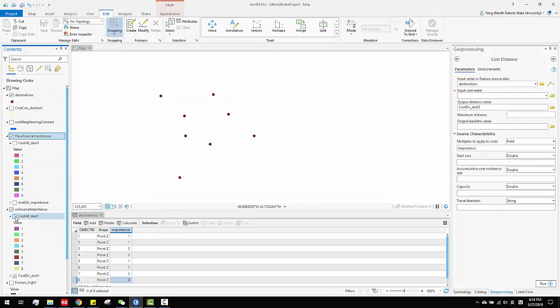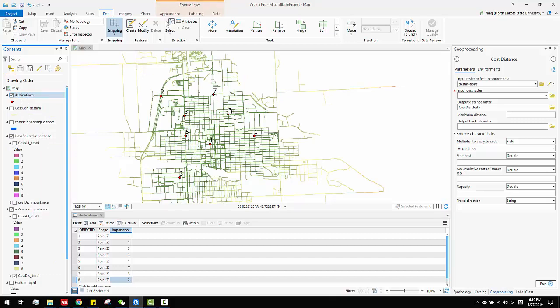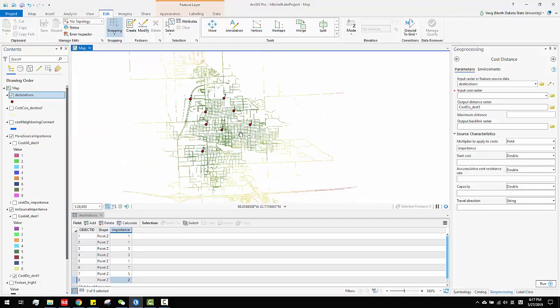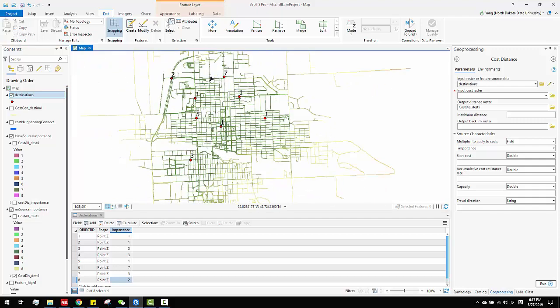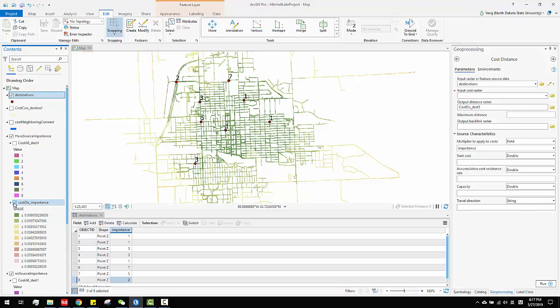Let me just cancel the cost and show you the labels. So I have this distance one. You find out if they're all equal importance, this was cost distance. But if I assign this importance, you find a change. See here, it did have some changes. What I find out the change is